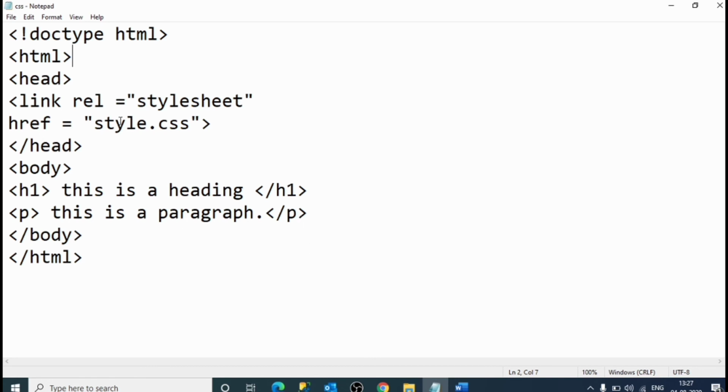Now we will write the code for style.css.